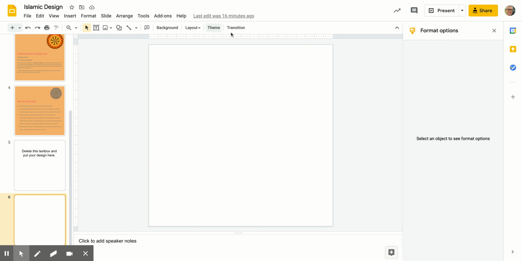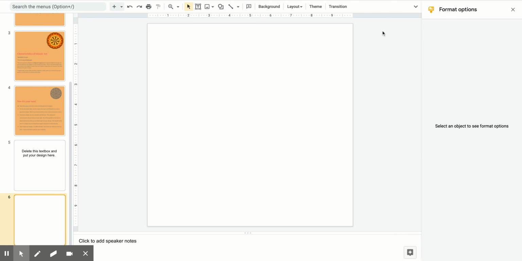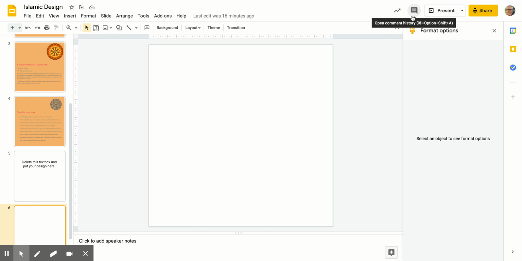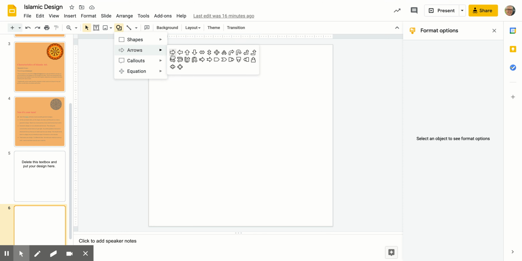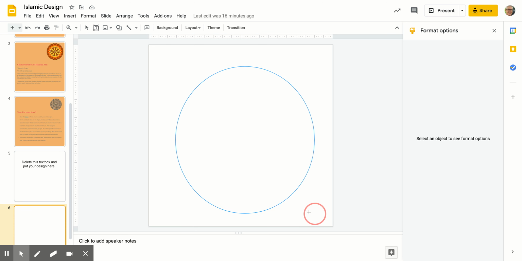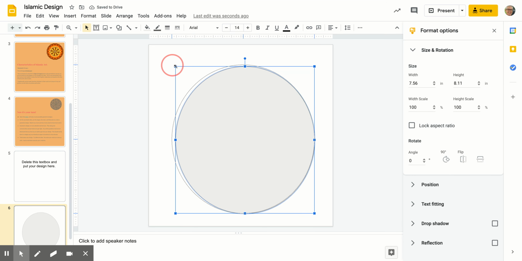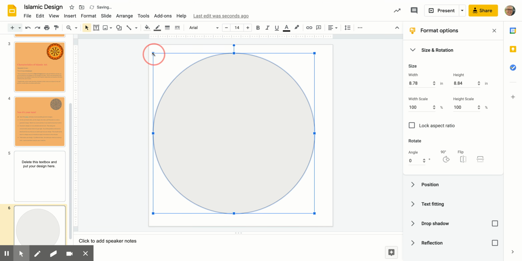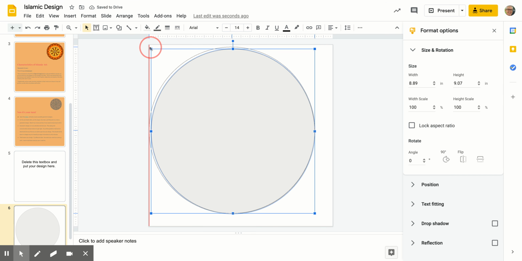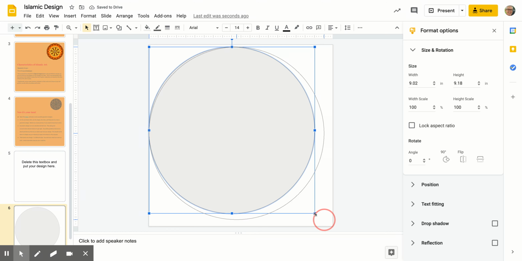So the tools that you're going to use, and you'll notice that when you open up a slide, this is what you look at. And when you drop this down, you get more choices, and these are the choices that you need, okay? So things that you can use in this are the shapes, okay? Circle is something that you might want to use, okay? And if you pull the circle out, it's going to give you one. And if you pull it a little further, you can get it to be exactly the shape of